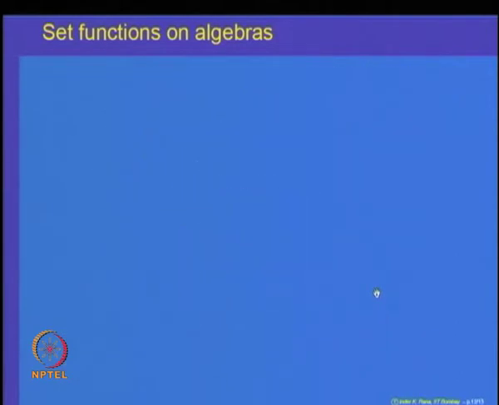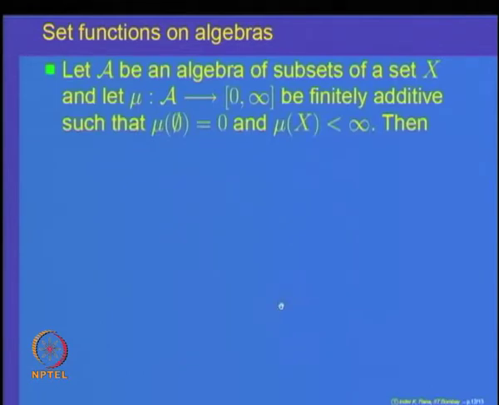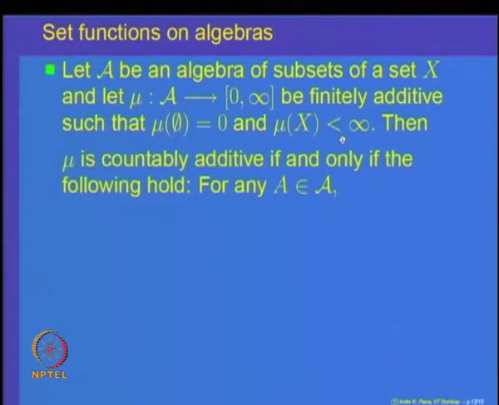So, let us state that result and prove it also, that if A is an algebra of subsets of a set X and mu is finitely additive. So, the conditions are the same as before, plus we want an additional condition, to state the result, namely that mu of the whole space is finite. So, it says mu is countably additive if and only if the following holds,